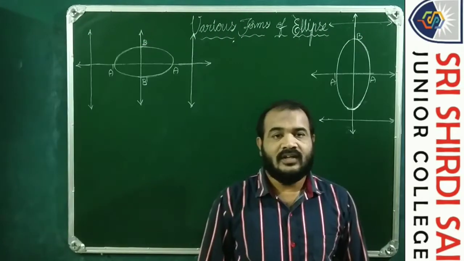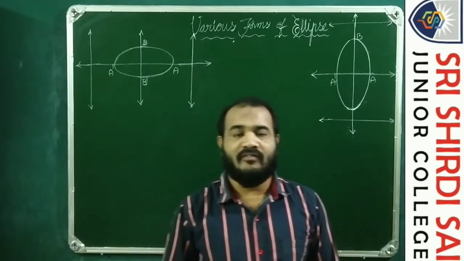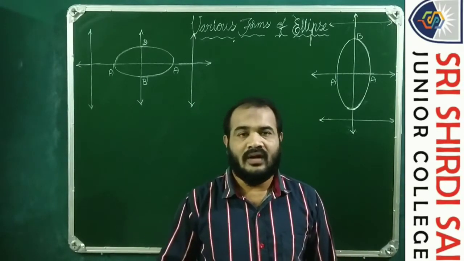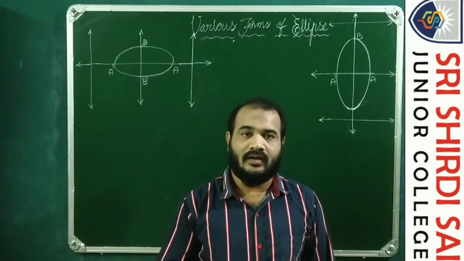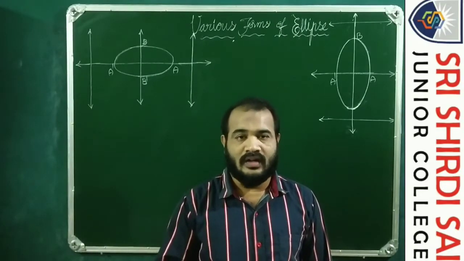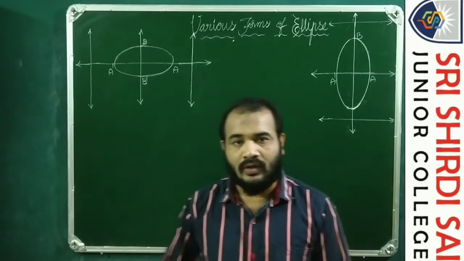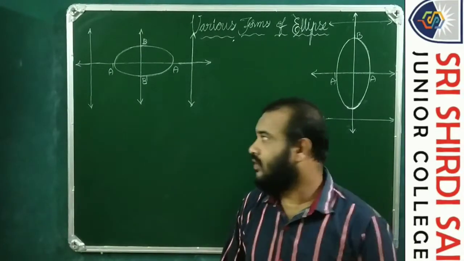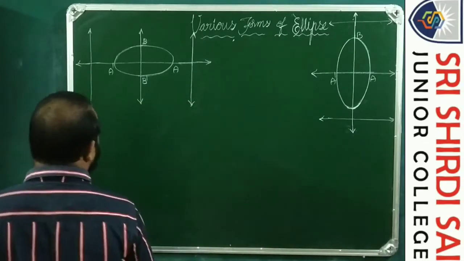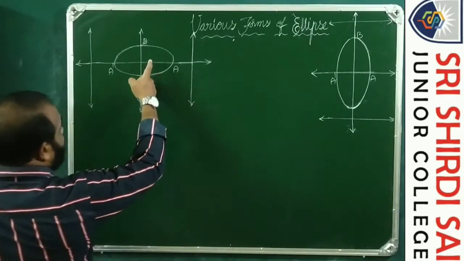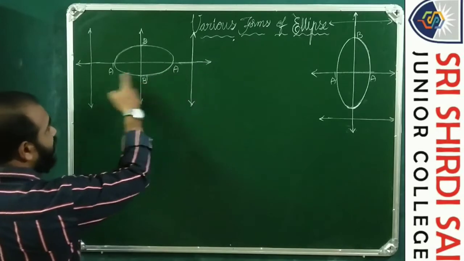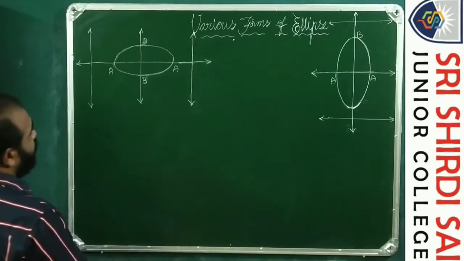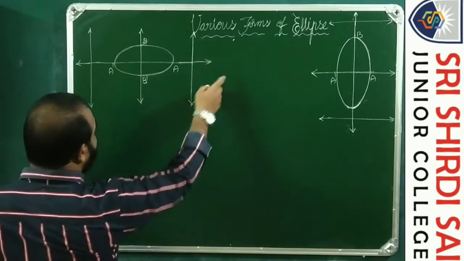Good morning students. In the last video we discussed the derivation of an ellipse and some terminologies like focal chord, latus rectum, etc. So let us discuss the various forms of an ellipse today. Here, if A dash is the major axis and B dash is the minor axis, the major axis is along